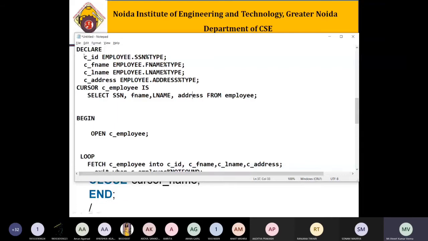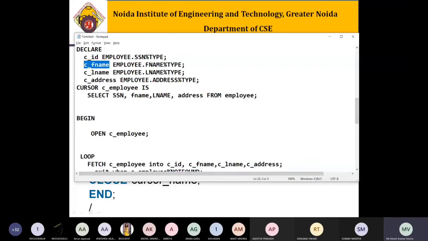This information is an employee SSN, so we have associated the data type, that is employee.ssn%TYPE, to C_ID. See first name: whatever the data type of this, we associate the first name data type, so here employee.first_name%TYPE.